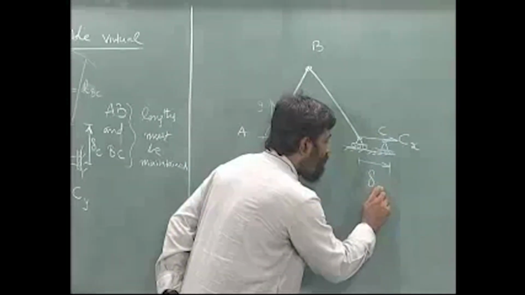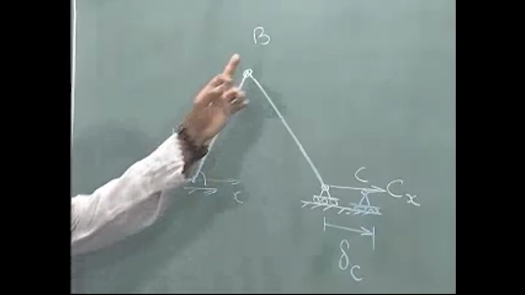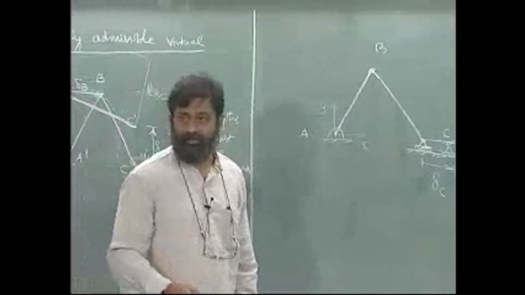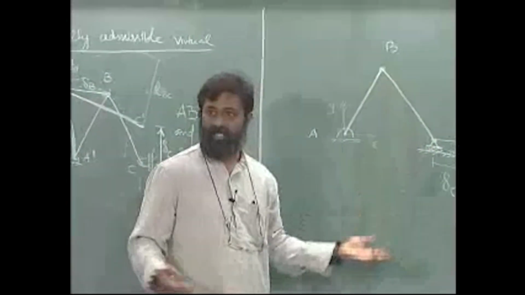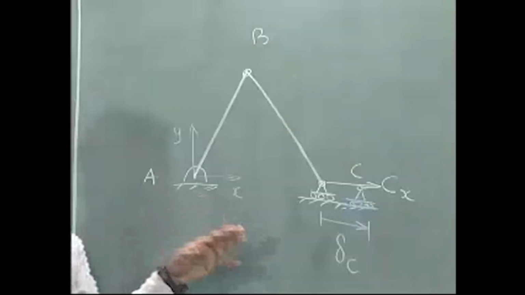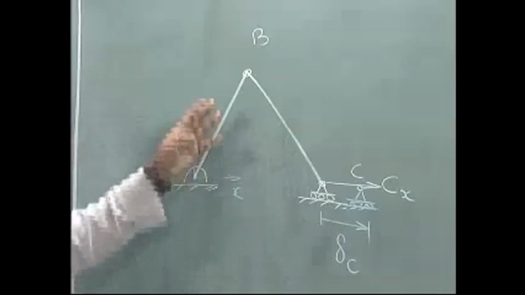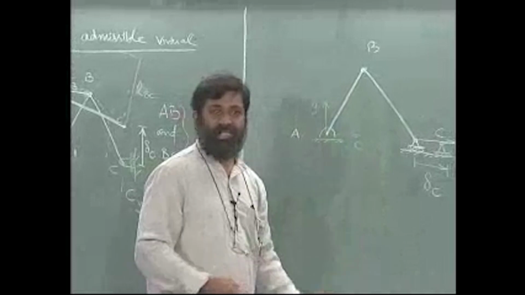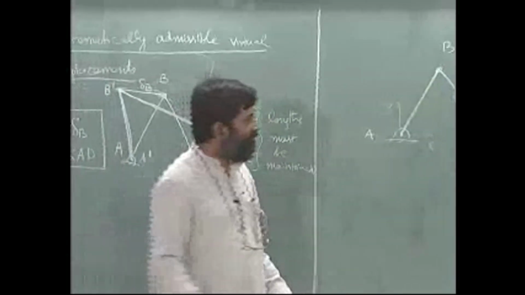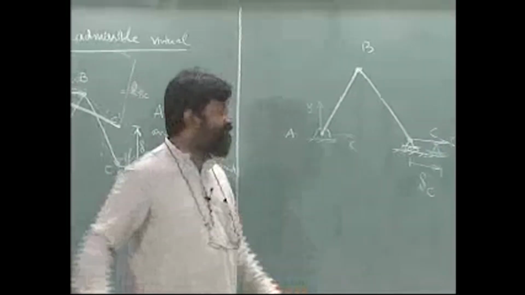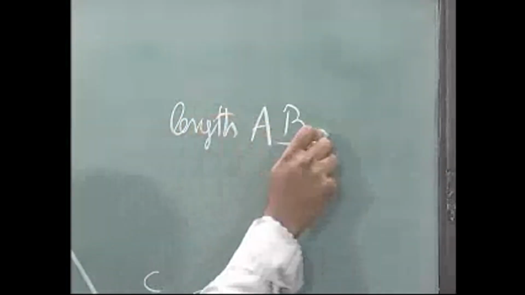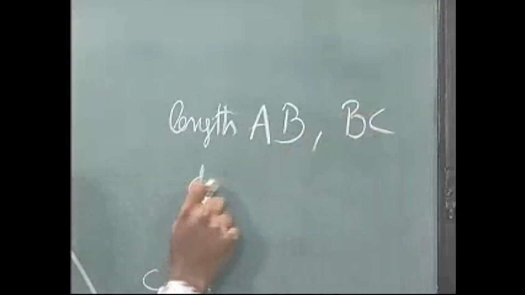What is this? I am applying a delta C and I seek to find out wherever the active forces are present, the virtual displacements, if possible on all the points, but I do not need for all the points, I need points where active forces are there, okay. I have not represented any of those active forces over here, but our aim here is to find out kinematically admissible displacements, alright. How do I go about? Nothing different, it is the same. What do I know? I know that lengths AB and BC do not change